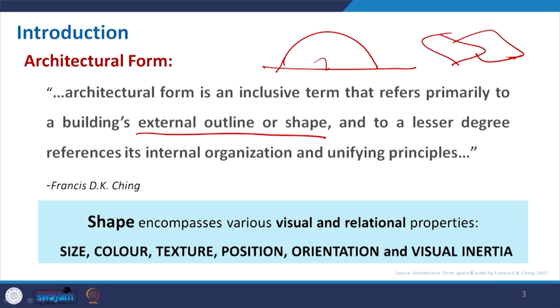So one thing is very clear, it is giving a shape or outline. Now this shape is basically creating a visual representation, and that also has some properties of size, color, texture, position, orientation and visual inertia. So these are all very important things, like whether my structure will be in human scale or in monumental scale. I guess those who have studied the history of architecture